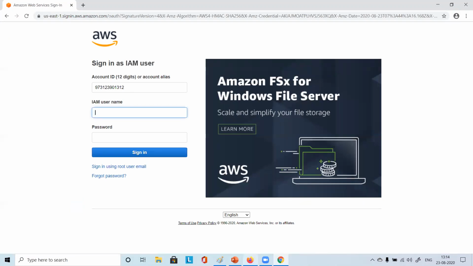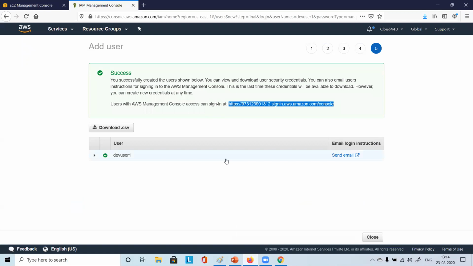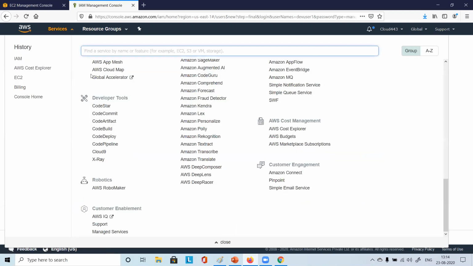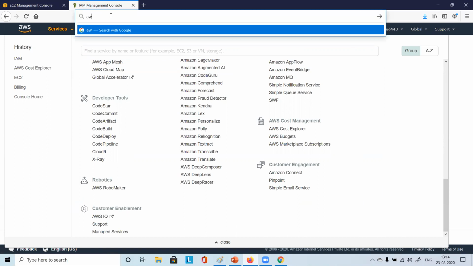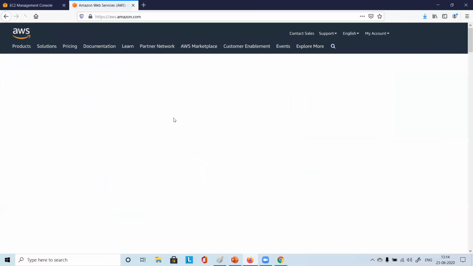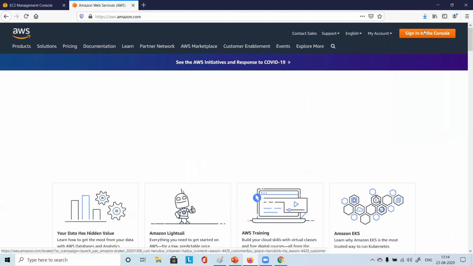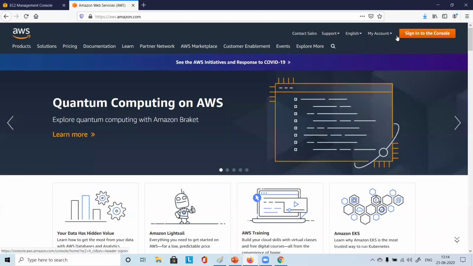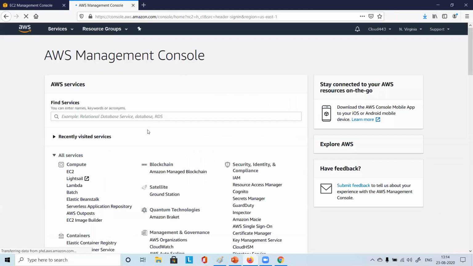So now we are logging in. Let me just show you how we have logged in. You go to aws.amazon.com. When we come to this site, it asks us to sign in, and when we try to sign in, it asks first for that root account.